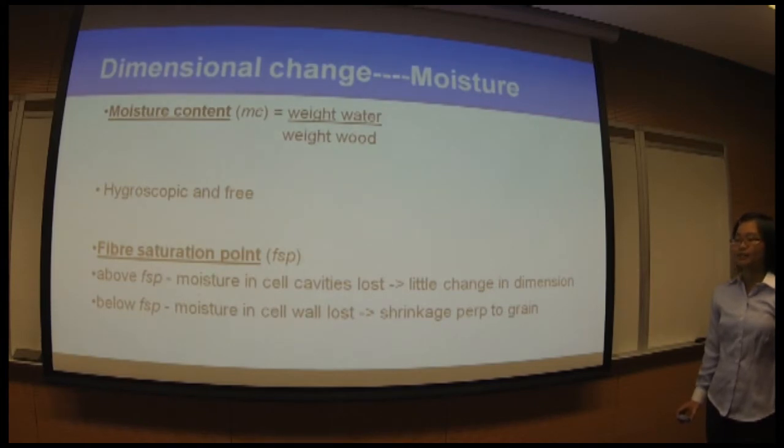And the second concept is the fiber saturation point, FSP. It is the moisture content of the cell wall. If the moisture content of the cell wall is below FSP, the cell wall will lose its moisture, and the shape of the cell wall will become strained. The strength of the cell wall depends on several factors, such as the specific gravity, the rate of drying,